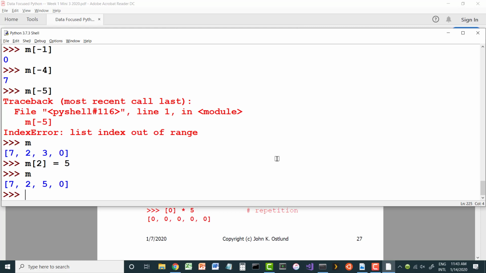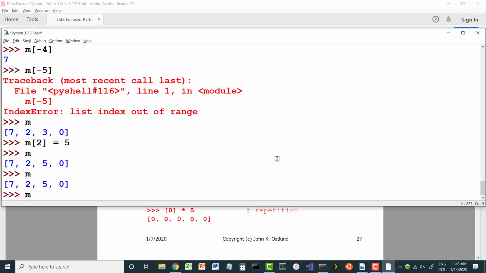So here's M, and if I say M plus 471, we're going to get a copy of the list M, and we're going to concatenate onto the end of that the list 471. So the result is